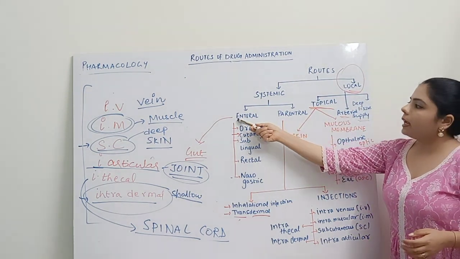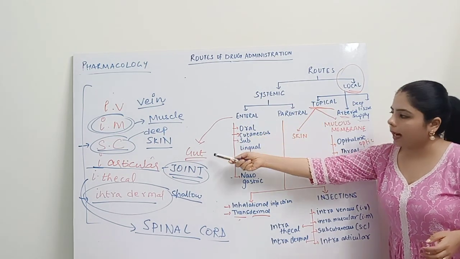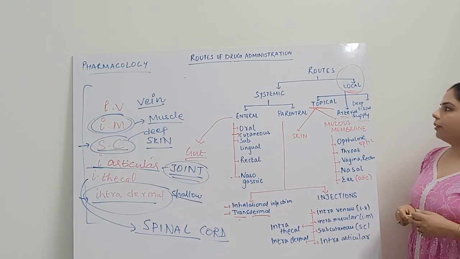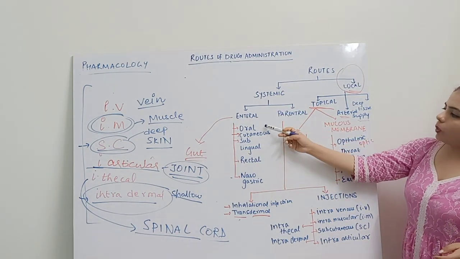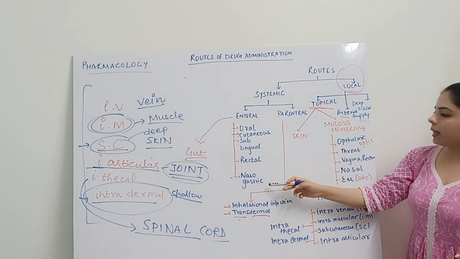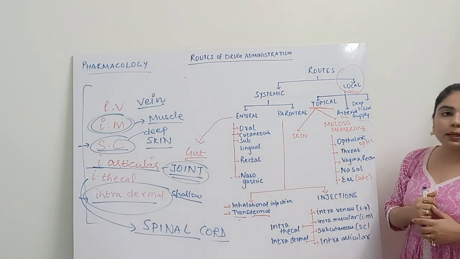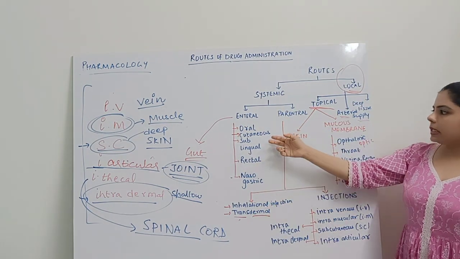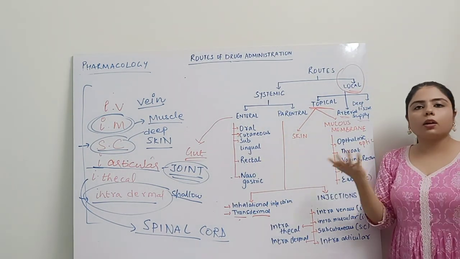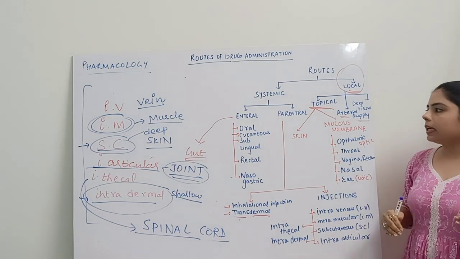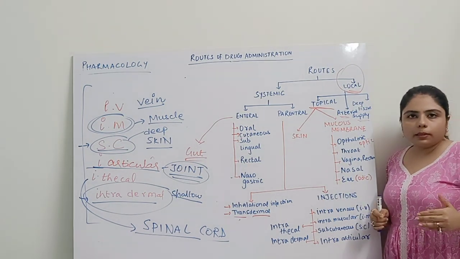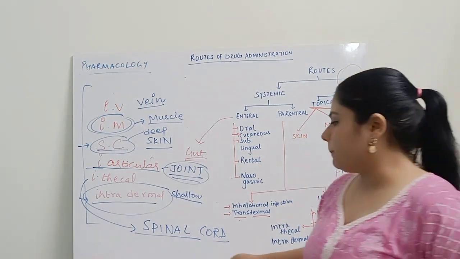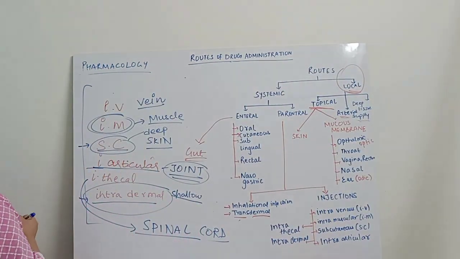They are either enteral, which means the drug is being absorbed at the gut region, or the drug is being injected via the parenteral route. In case of enteral, we have oral, cutaneous, sublingual, rectal and nasogastric. Oh, I missed the sublingual one, I'm just covering it up. In case of oral, we have tablets and capsules. In case of cutaneous, the skin, ointments and creams, the drug passes and enters the dermal layers and then enters into the bloodstream. In case of sublingual, a very important one, I hope you have learned about